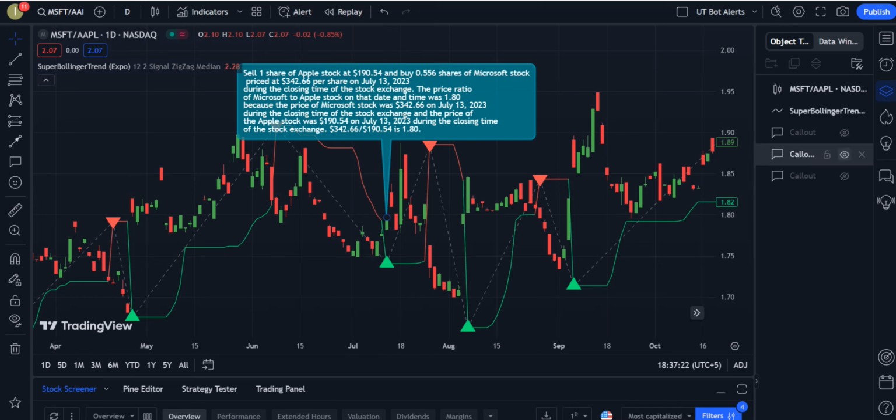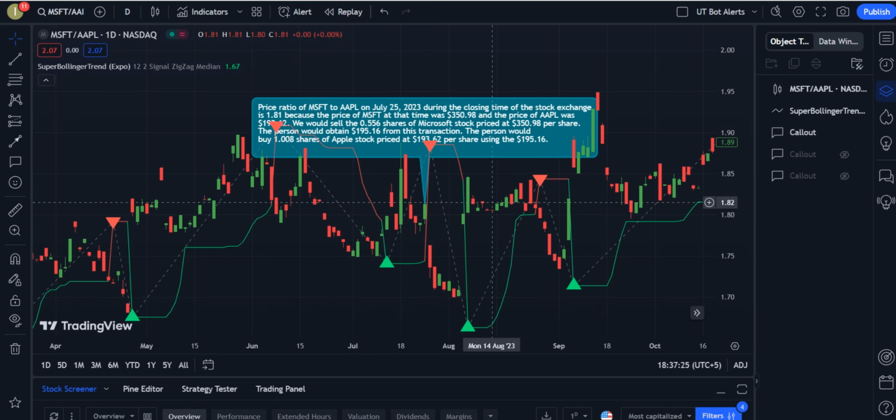Now I will hide this comment and proceed to the next comment. So we fast forward. So this is now July 25, 2023. On this date, the price ratio went up a little bit. And when the price ratio goes up, we sell the higher price stock, and we buy the lower price stock. And so the price ratio of Microsoft to Apple on July 25, 2023, during the closing time of the stock exchange, was 1.81, because the price of Microsoft at that time was $350.98, and the price of Apple was